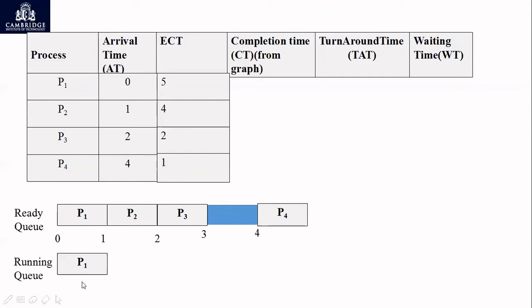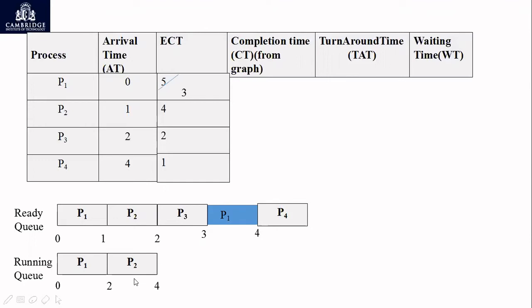So first P1 is chosen and this would run for 2 milliseconds. With that, P1 would be left with 3 milliseconds, which means I need to save it back into the ready queue. So P1 would be put back into the ready queue in this slot. Okay, it would be placed next to P3. Now from the ready queue, the second process is chosen and P2 would be chosen.